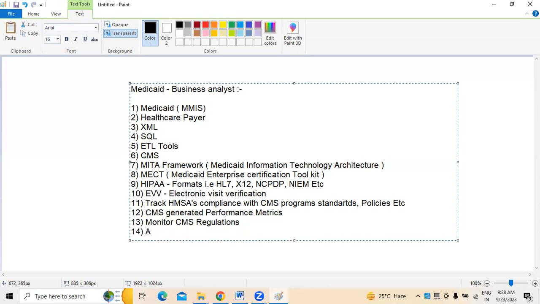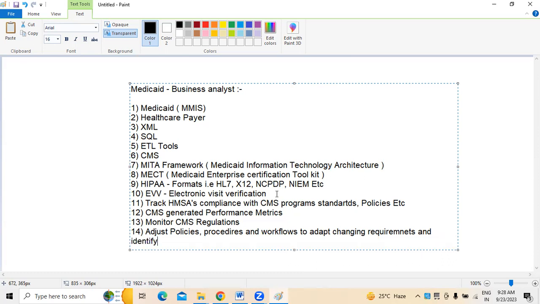And one of the prominent requirements is adjusting the policies, procedures, and workflows we are working on, to adapt to changing requirements and identify the deficiencies in the current program